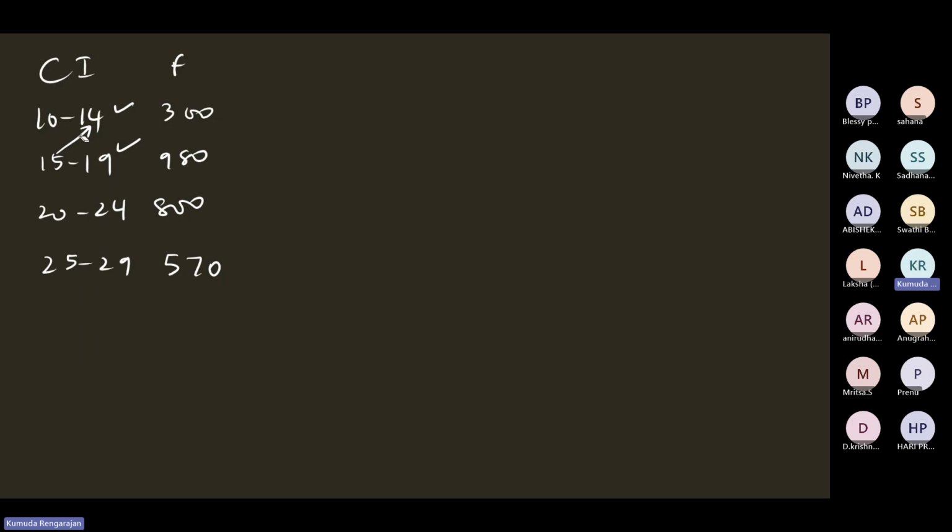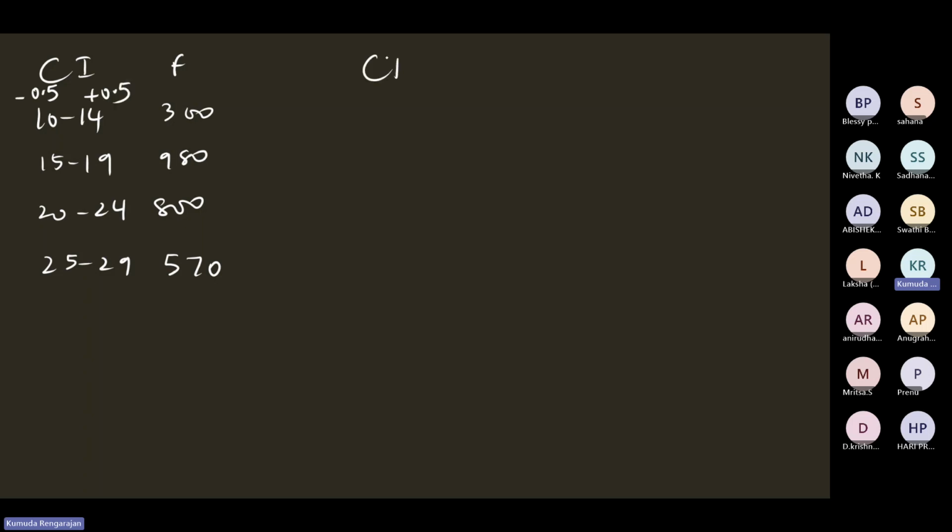Now what should you do? To all the lower limits, subtract 0.5. And to all the upper limits, add 0.5. 15 minus 14, 1. 1 by 2 is 0.5. That's how we got 0.5. So what you should do? That 0.5, subtract 0.5 from all the lower limits and add 0.5 to all the upper limits and find the